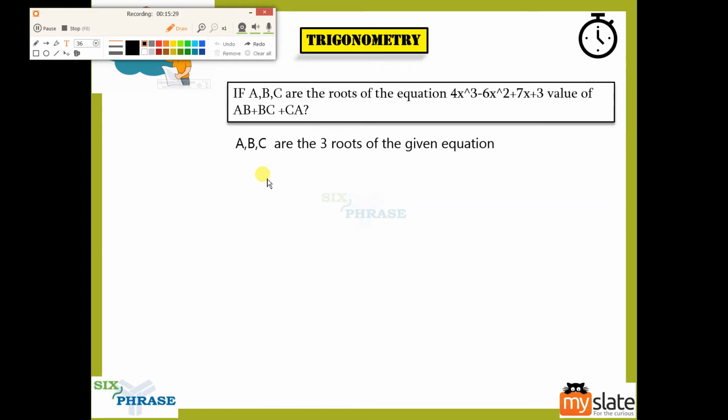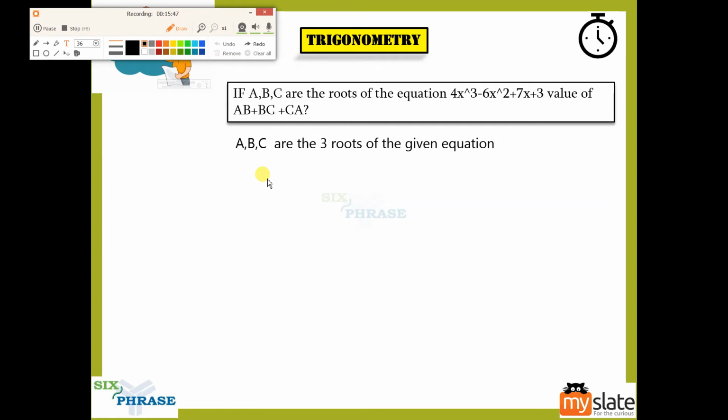From the equation, you can pick out the roots. If you have the roots, you can make the equation with the roots. In a previous example, we had the roots, so we made the equation with the roots, right? So similarly here, we have the equation. So from the equation, what can you do? You can make the roots.